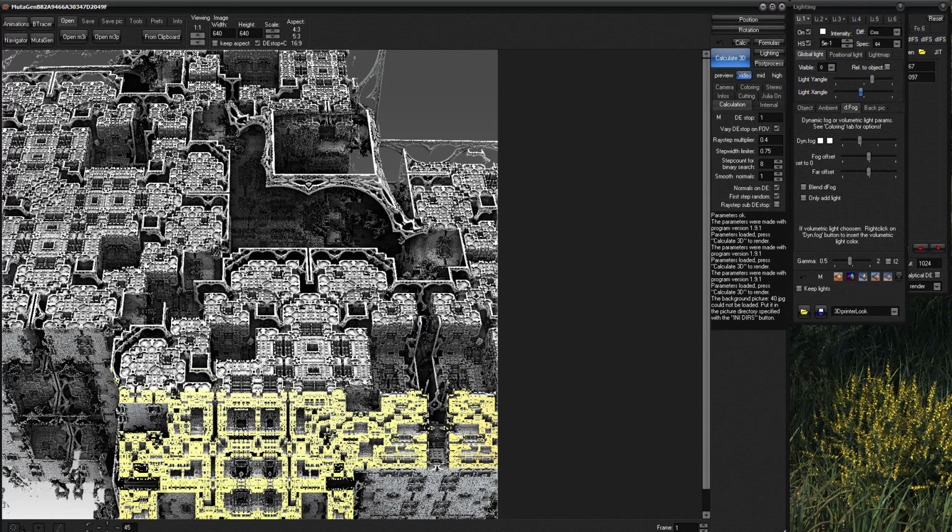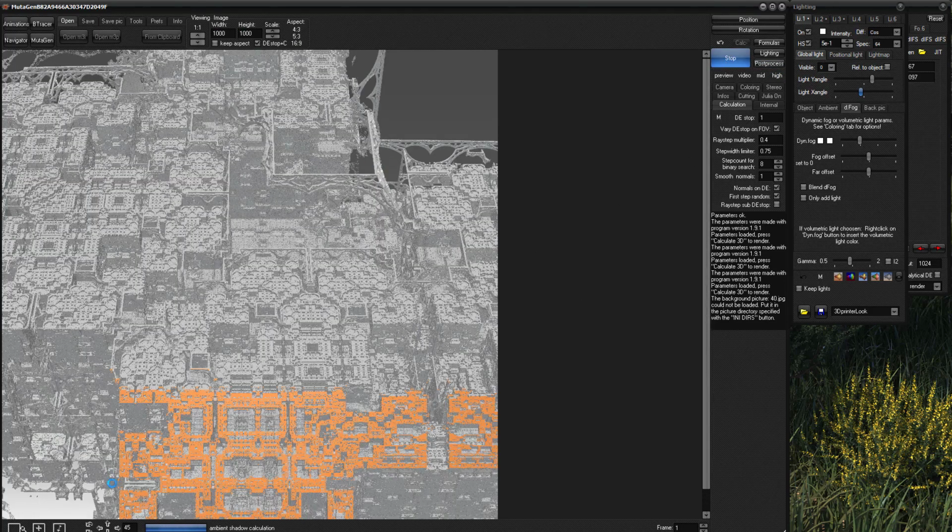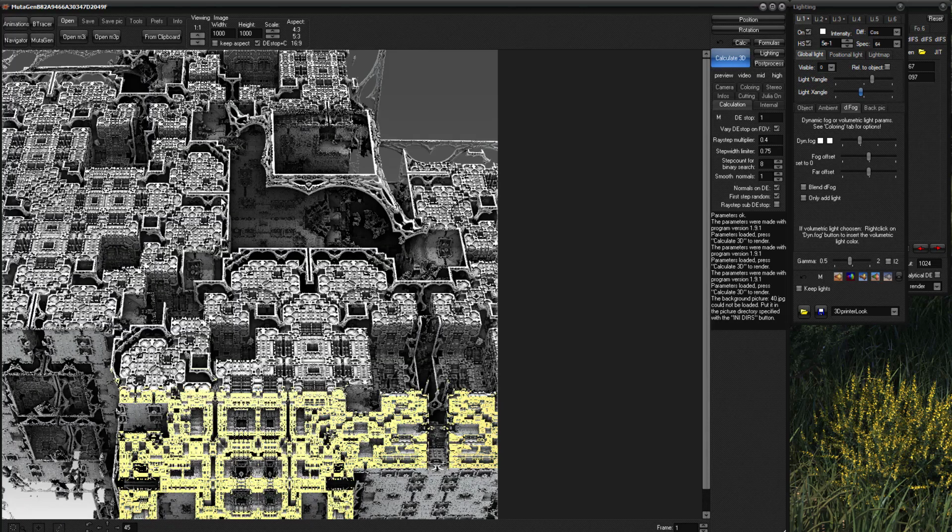So go back to 100. Calculate. It will be a little bit better because the number here changed. It's a little bit longer to calculate, and we still got noise, but less. So that's why I click on height, and you will see the value here will change.